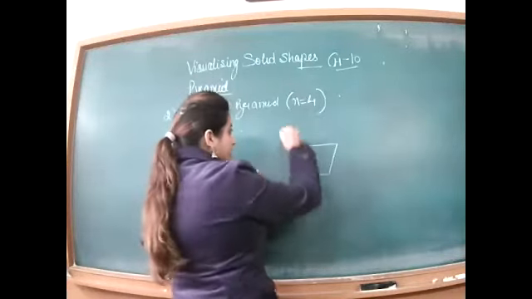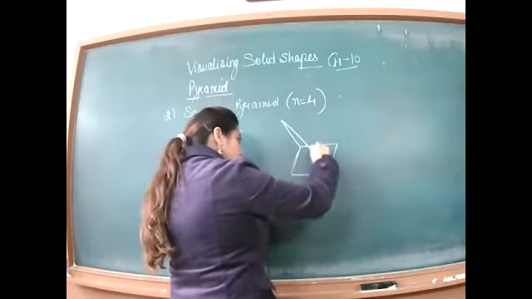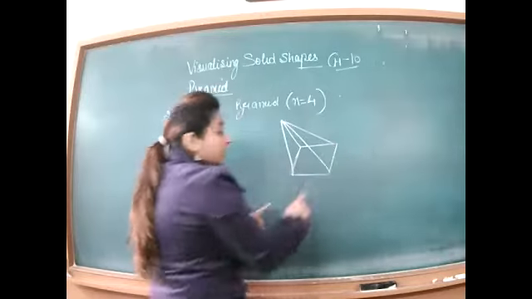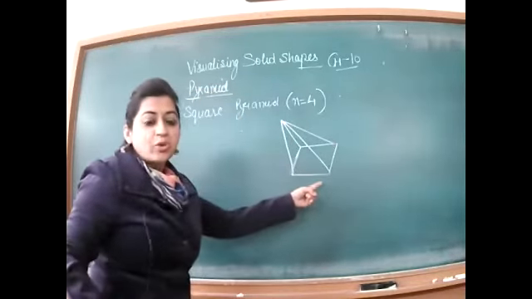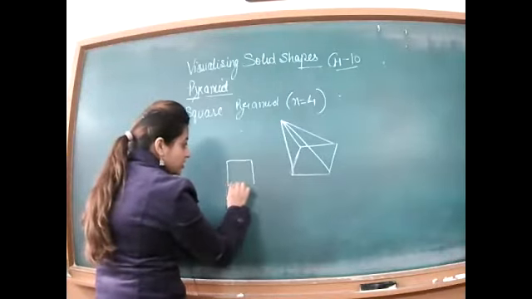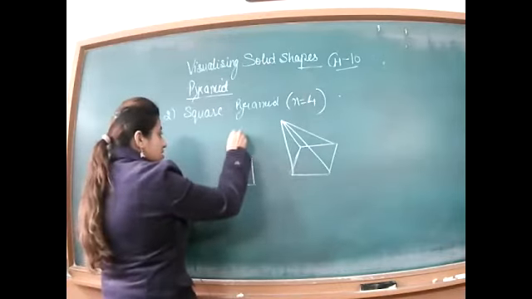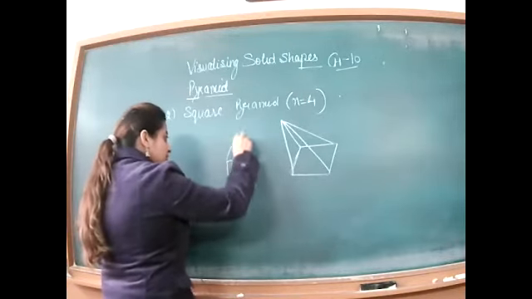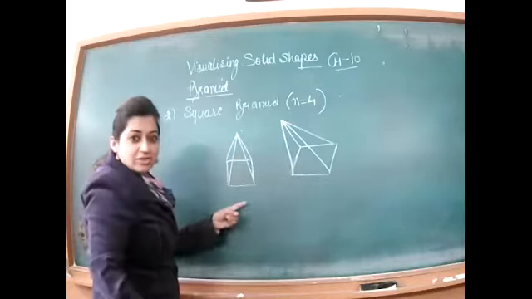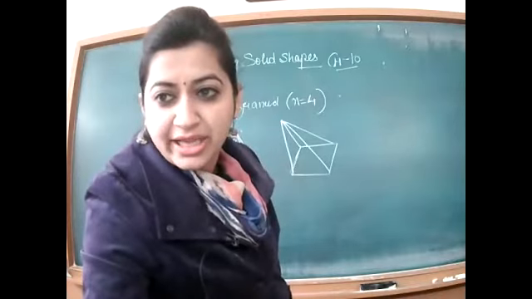First I have drawn it. I will draw the common vertex here and let's join this common vertex with all of the vertices of the base. That will give you a square pyramid. And one more way is there. You can draw the square in this manner, then take one common vertex and join all of these. Okay, so this is your square pyramid. You can draw both. Both are correct.